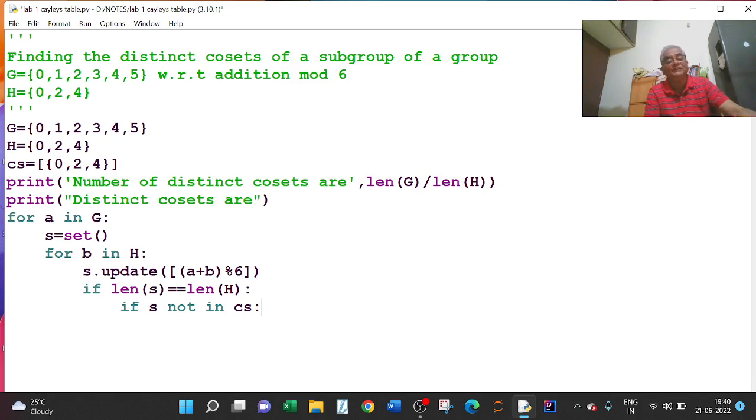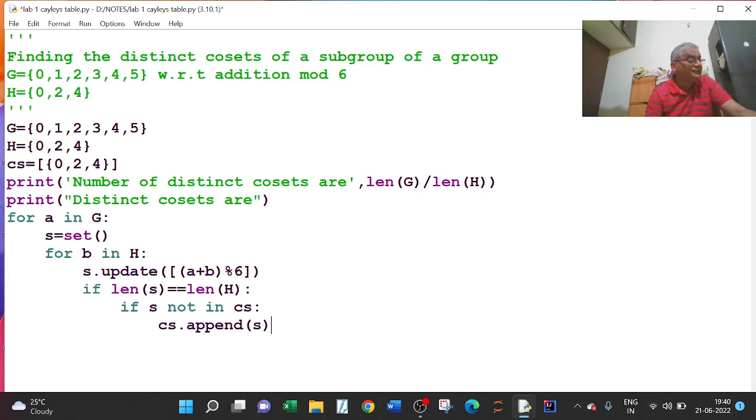I want to take only the distinct cosets here. If S is not in CS, then only update this CS, CS dot append. That means we are taking only the distinct cosets here.